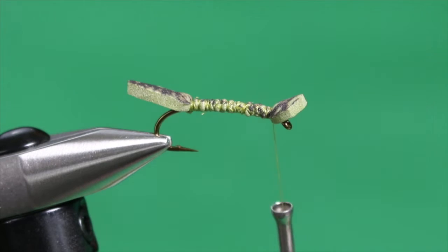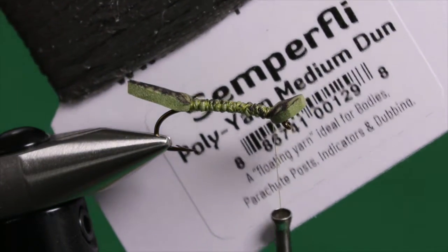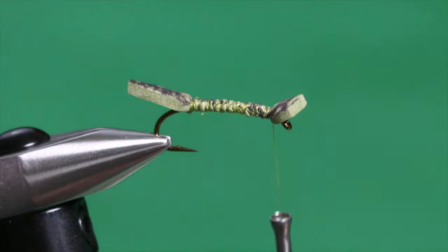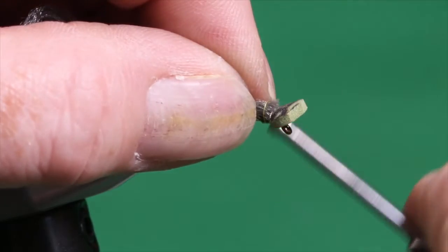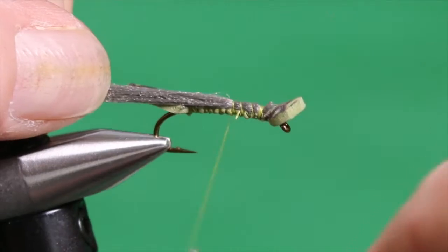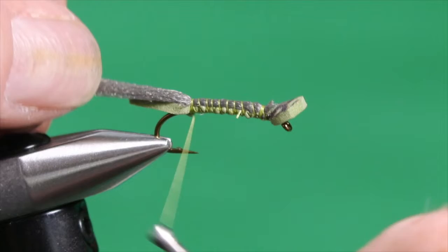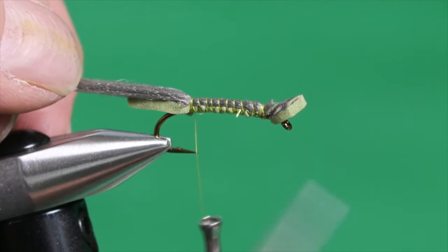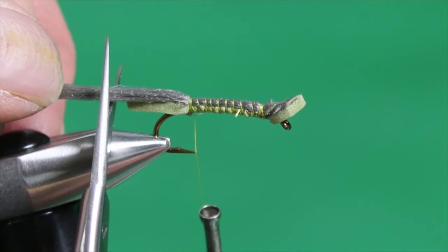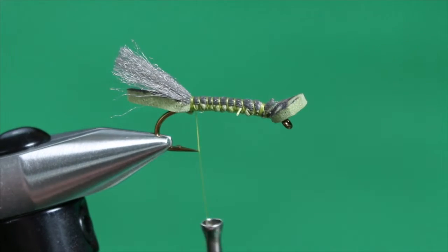For the tail and wings, we're going to use some Semperfli poly yarn in medium dun. And I just removed a slip from the card, like so. Square the ends. Tie it in just behind the foam at the front and secure it all the way down. And make our cut. Now this cut's important because all other measurements come from this cut. So I wanted about just half the shank length or so, just like that, just a flare up,